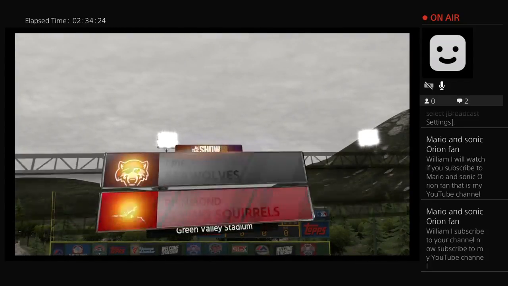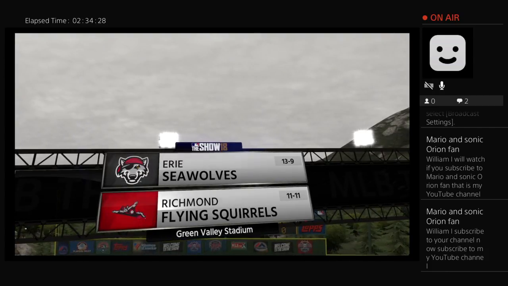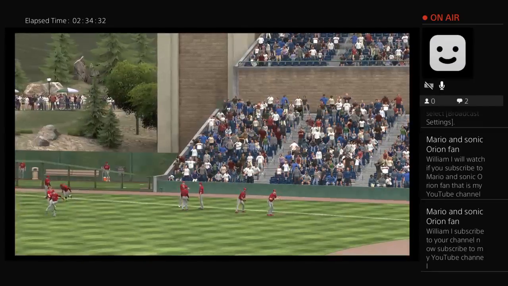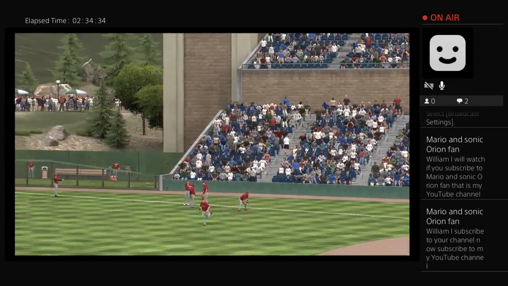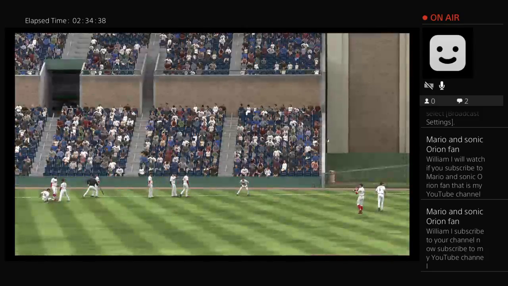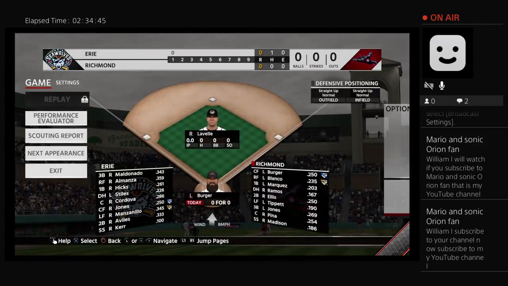Welcome to MLB The Show and this presentation of minor league baseball. Today, the finale of this 3-game weekend series between the Erie Seawolves and the Flying Squirrels of Richmond. It's baseball on the show, and it's coming up next. Now at the plate, Jim